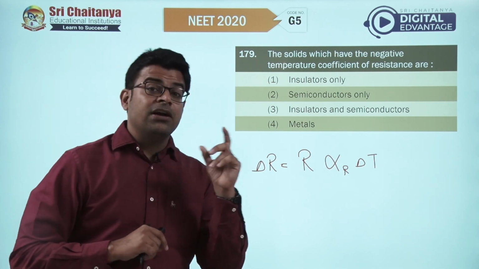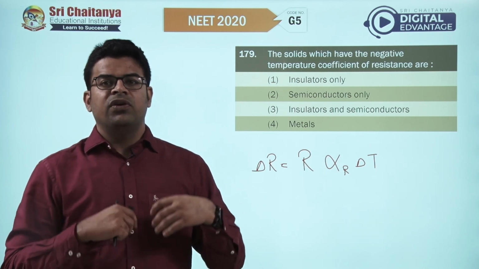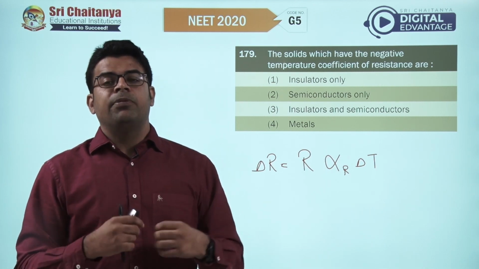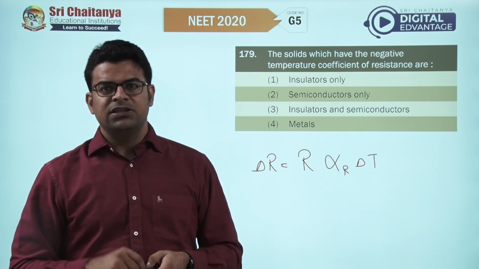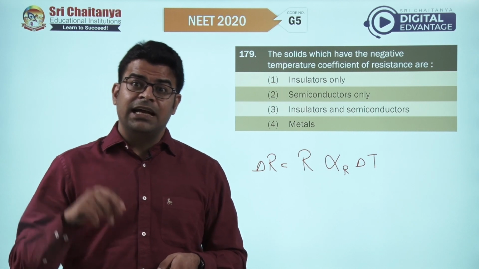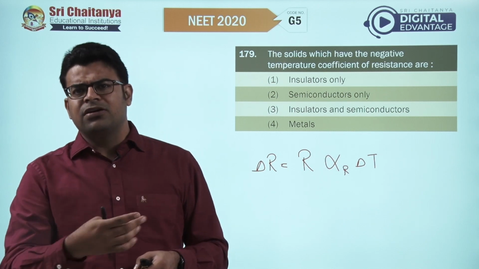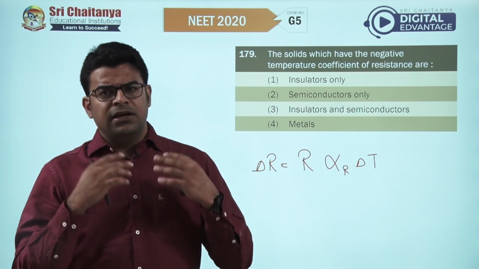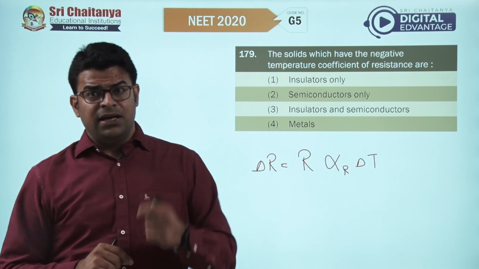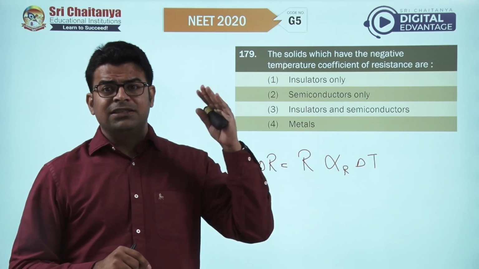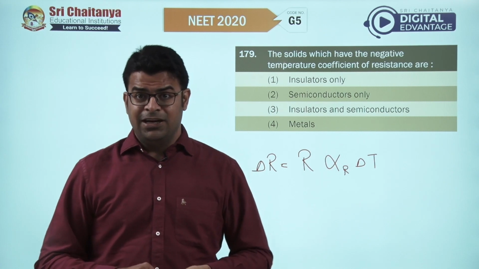But here is the catch. The second option is semiconductors only. No, even in the case of insulators, when you heat it up, some of the bonds break, and because of the breaking of some of the bonds, we can say that the number of charge carriers increases, so their conductivity increases as well and their resistance decreases. So, when you heat up a semiconductor or an insulator, the chances are that you will get more charge carriers, and as you get more charge carriers, the conductivity will increase, the resistance will decrease, and that is when we say that the thermal coefficient of resistance is negative.